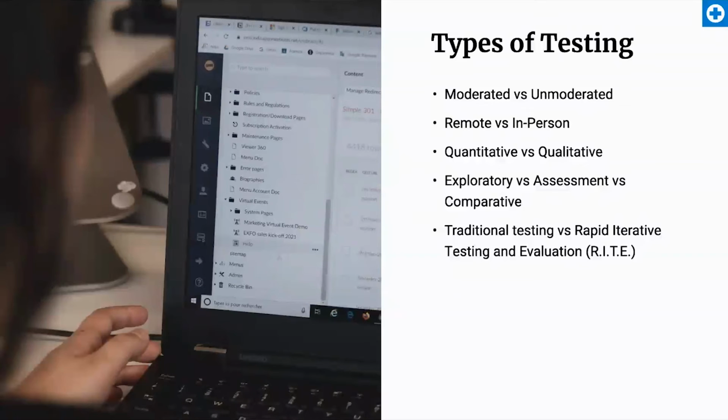And then there's traditional testing versus a method we use as part of our process called the RITE method. Traditional testing will place a single design in front of, say, 6 users to gather feedback and data. That same design will be seen and untouched through all 6 participants. The RITE method, on the other hand, is a method that originated from Microsoft's gaming division, and it is a leaner, more progressive method that allows you to update the design in between participants as you find out critical insights. These insights are tested with the